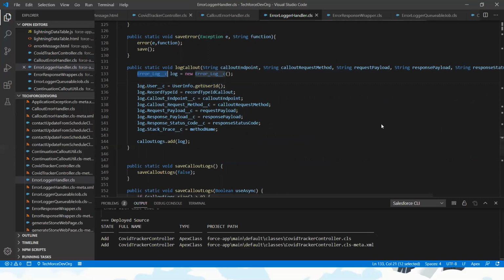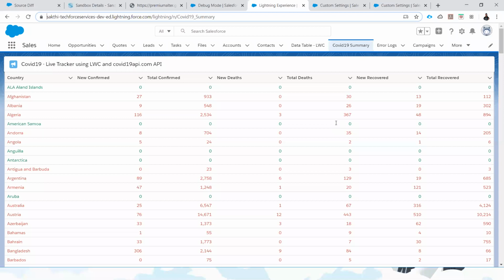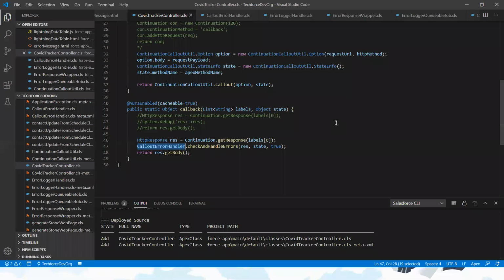Okay, I think the component saved. Shakti, why are you sending the method name in the parameter? So basically, let's assume we are working with one big organization. They're using multiple integrations. Then in that case, as a developer, we come to know which particular integration is failing. So that's the reason we are passing the Apex class with the method.